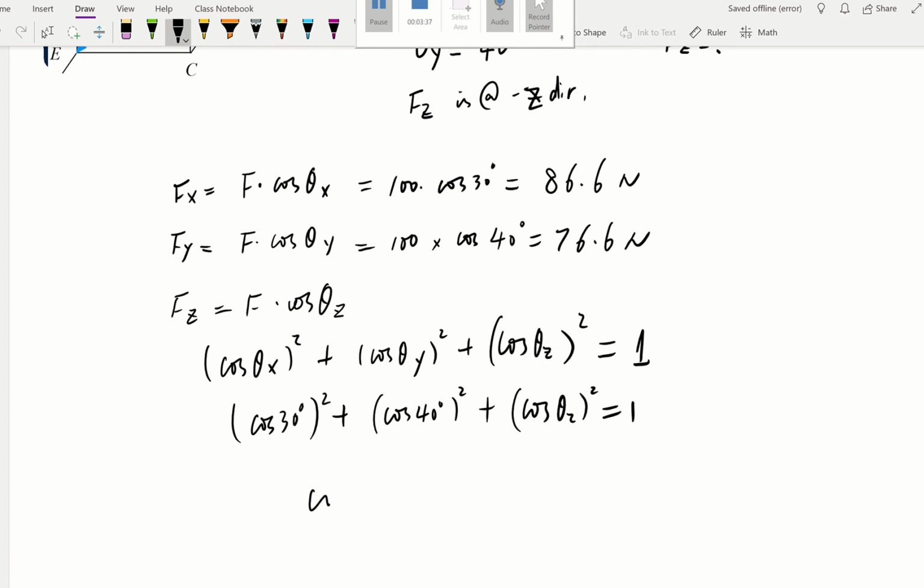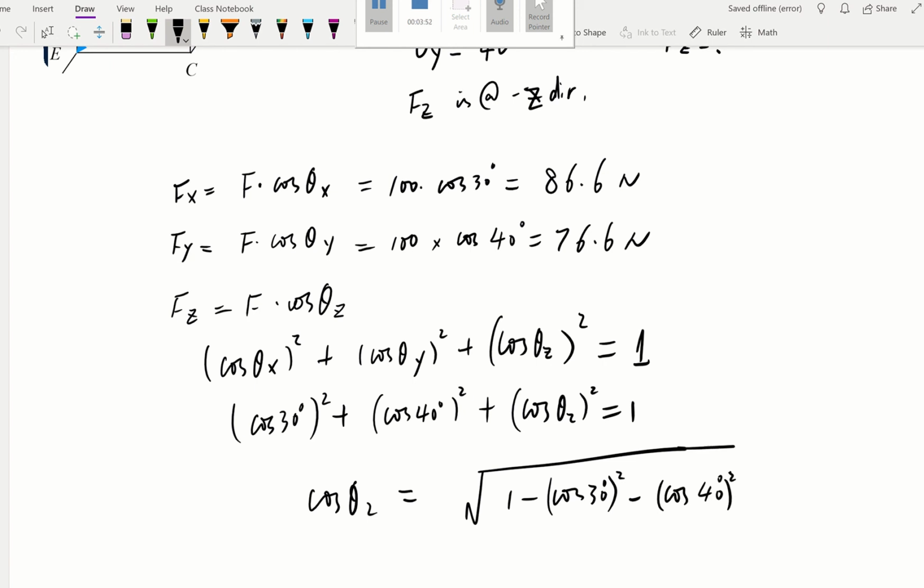Then cosine theta z is going to be equal to the square root of 1 minus cosine squared 30 minus cosine squared 40. However, when you take a square root, you really get plus or minus. Here is where this comes into play. They told us that Fz is at